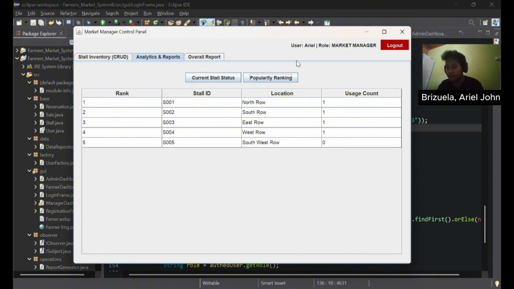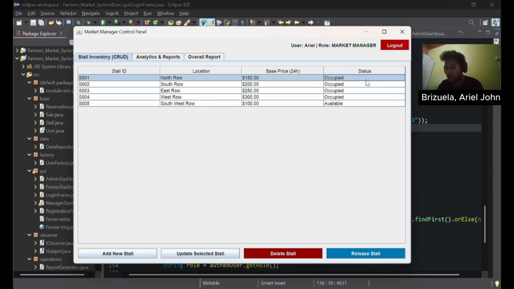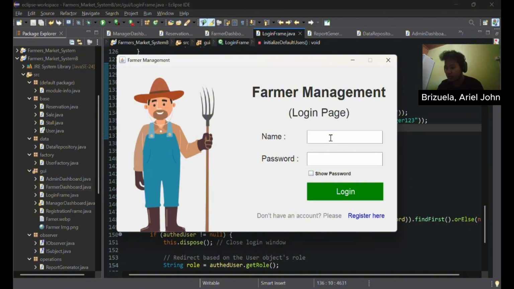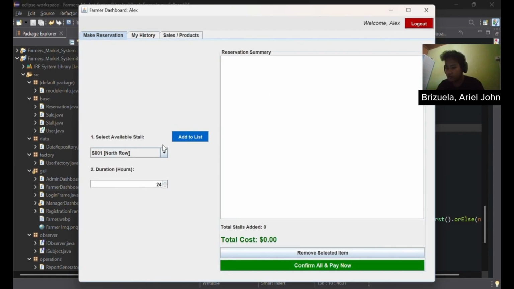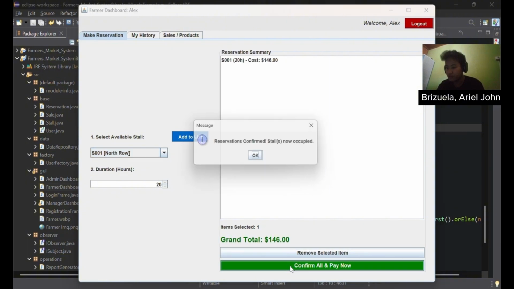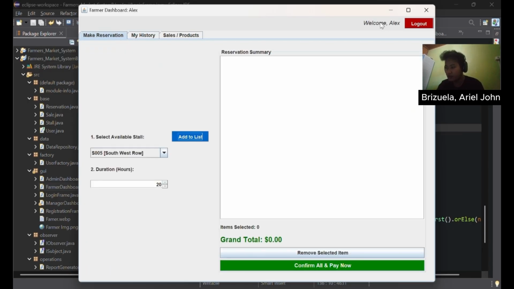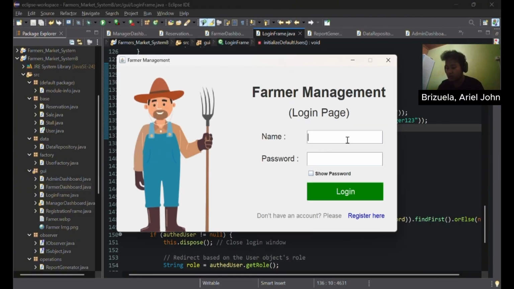If we release the status for the north row, yes, and log out again and change to being a farmer like Alex, and reserve the north row again for 20 hours, confirm, update history, you'll see the logs. Log out again and become a manager.